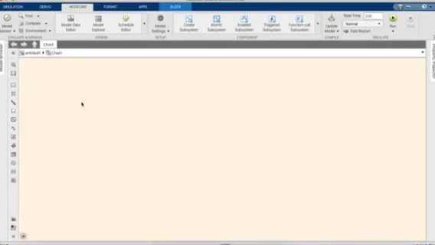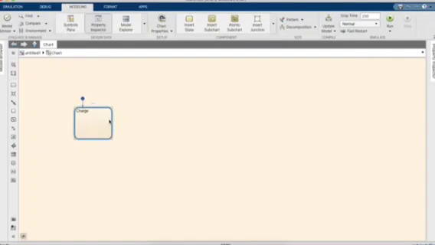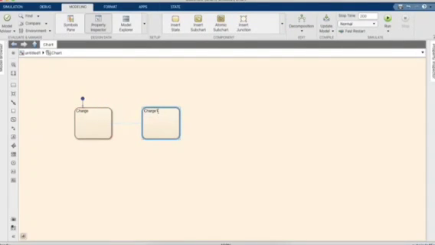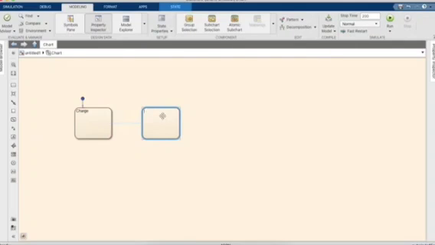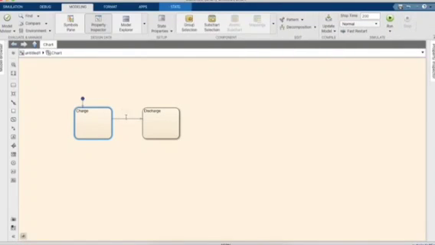Now the first state is called charge. The second state is discharge, and we name it as discharge. Now its condition: if SOC is greater than 80%, the battery need not charge anymore, it can go to the discharge state. And if the SOC is less than 40%,